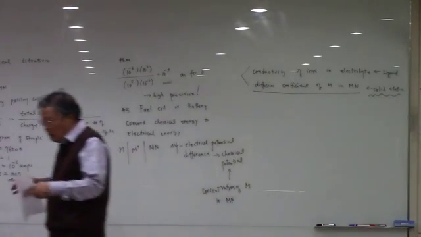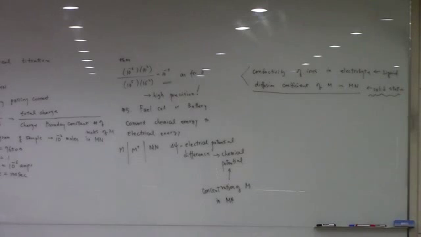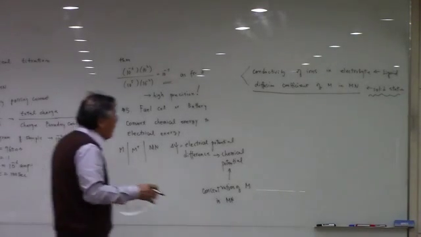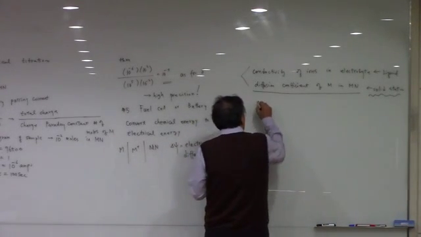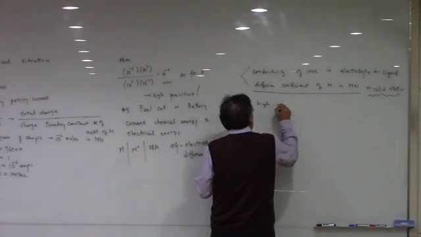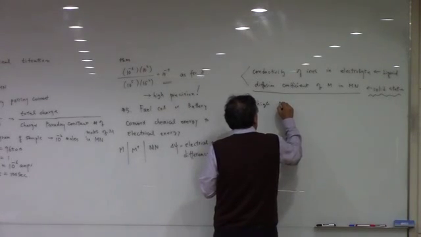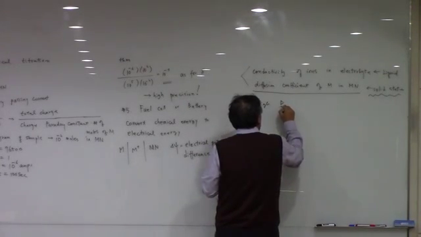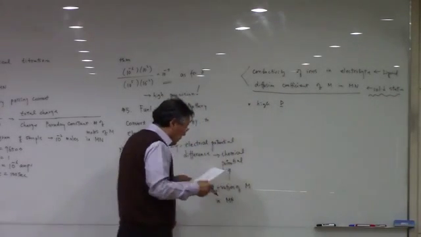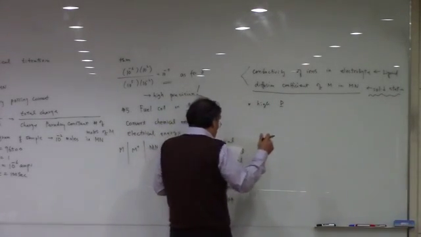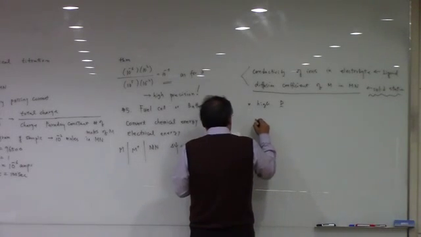Usually we have a small number for the diffusion coefficient of the electroactive species, right? But we can have a high conductivity or diffusion coefficient in some special cathodes, MN, for example,